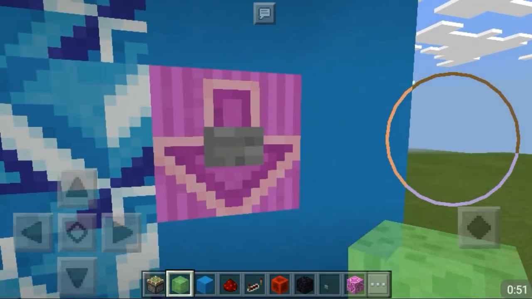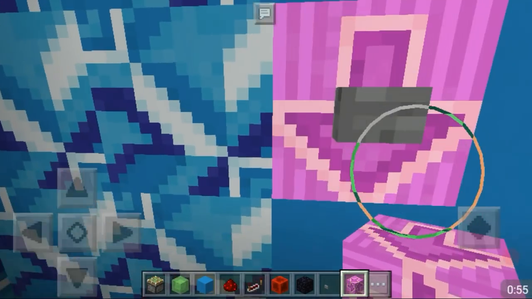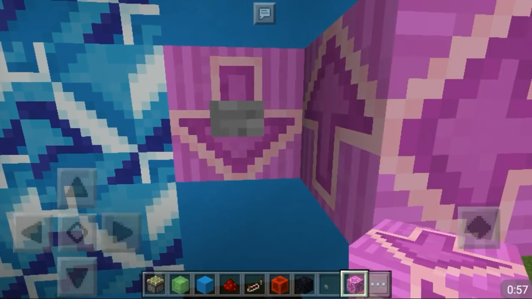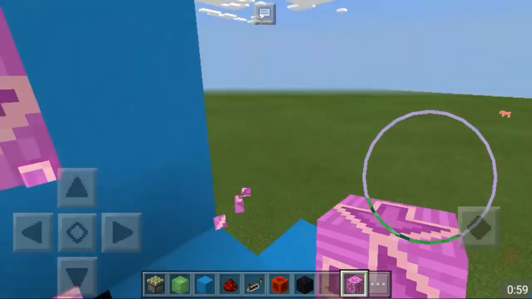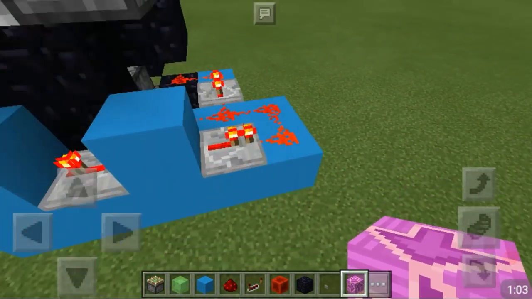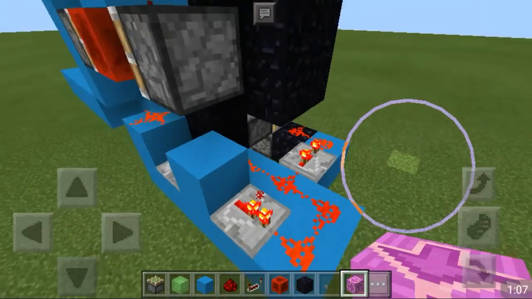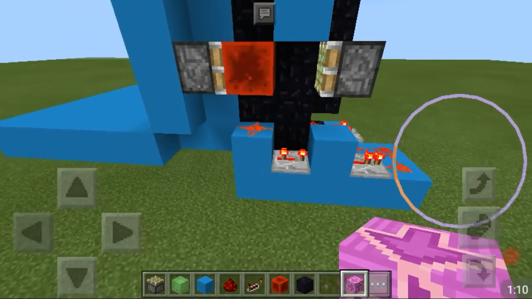As for this magenta glazed terracotta, I think it looks really amazing for the arrows over here, and it's actually the first time I found this block useful, to be honest. Redstone wise, this is a really simple and compact build, and ever since my flashing lights I just love messing with the delay. So this is really simple to make, and I'm going to show you step by step how to